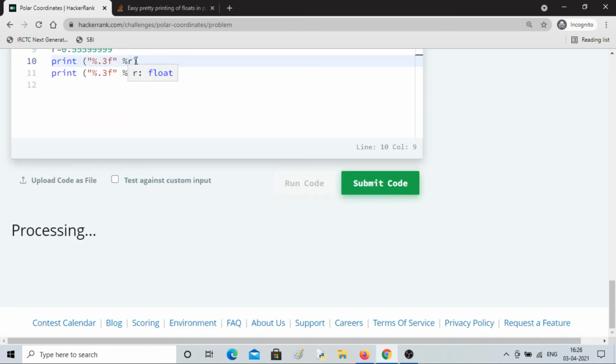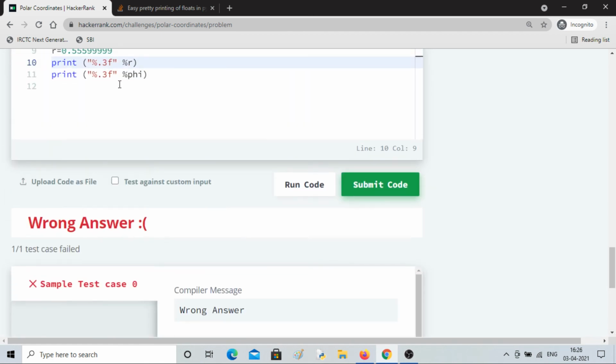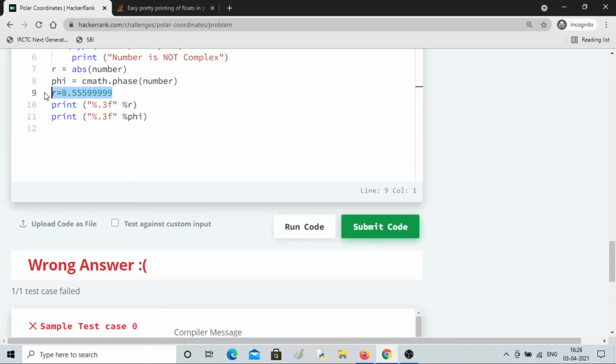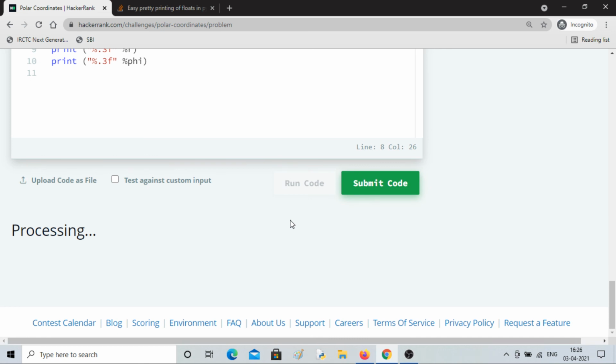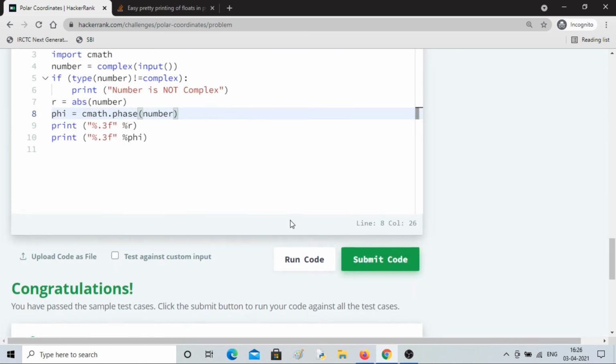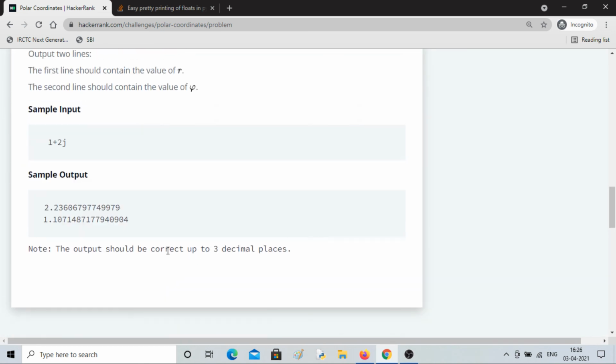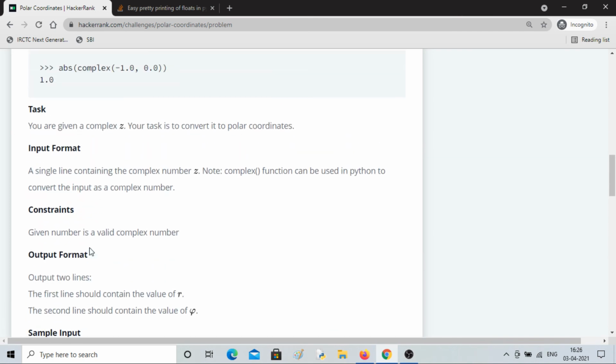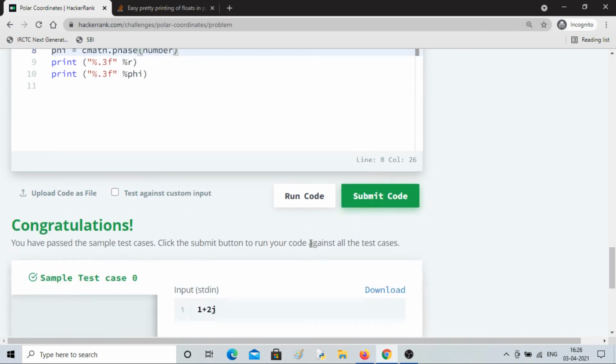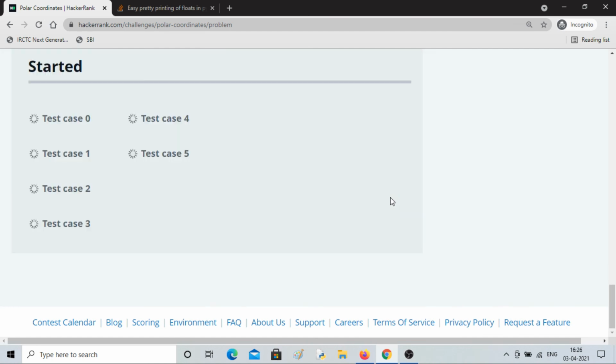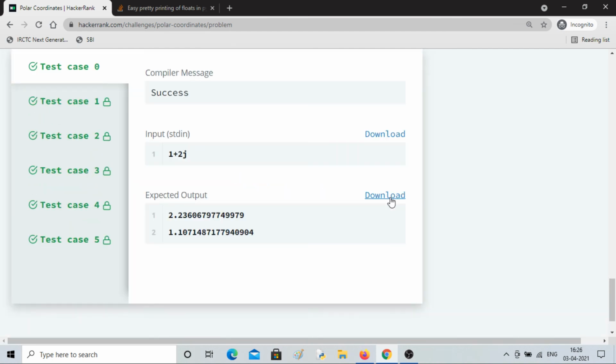Let's run it. Oh, I have to remove the value of R, so R is wrong, so here I can remove it and then run it. So we have taken care of all the constraints. We have taken care of this decimal thing, although it is not required. So now I can submit it. All the test cases are passed.